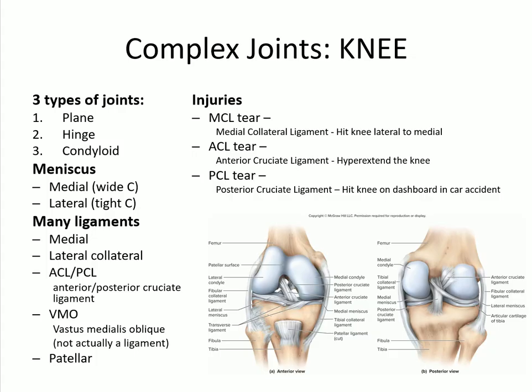We have a VMO that runs on the outside of the knee down to the head of the fibula. So that is our vastus medialis oblique. And it's not actually a ligament. It is actually a muscle that we will talk about in the muscle lecture. But we do talk about it in our ligament section because it is acting as a ligament. So VMO runs outside of the knee down to the head of the fibula. And then we have